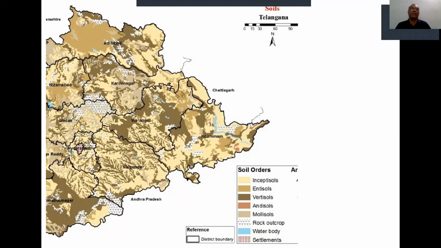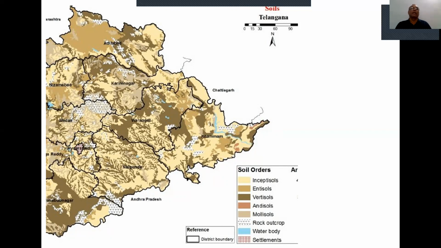So this is the way you find the soil, and this region is very rich in its soil orders. This has been one of the reasons why different dynasties over a period of time, starting from the period of Satavahanas down to the Nizams, tried to bring this particular region, or make this particular region a part of their empire. So the soil plays a very important role in making an attempt to bring that particular part of region or make that particular part of region a part of their empire.